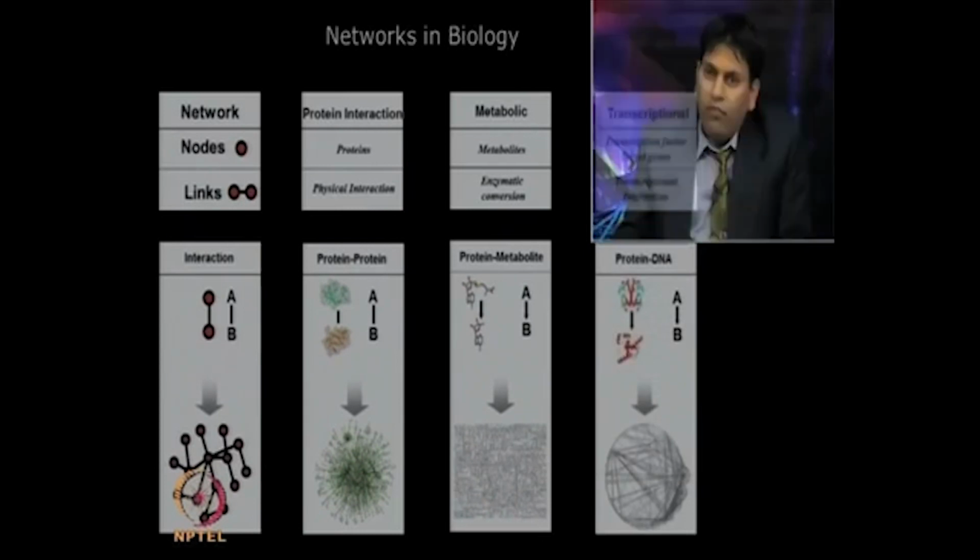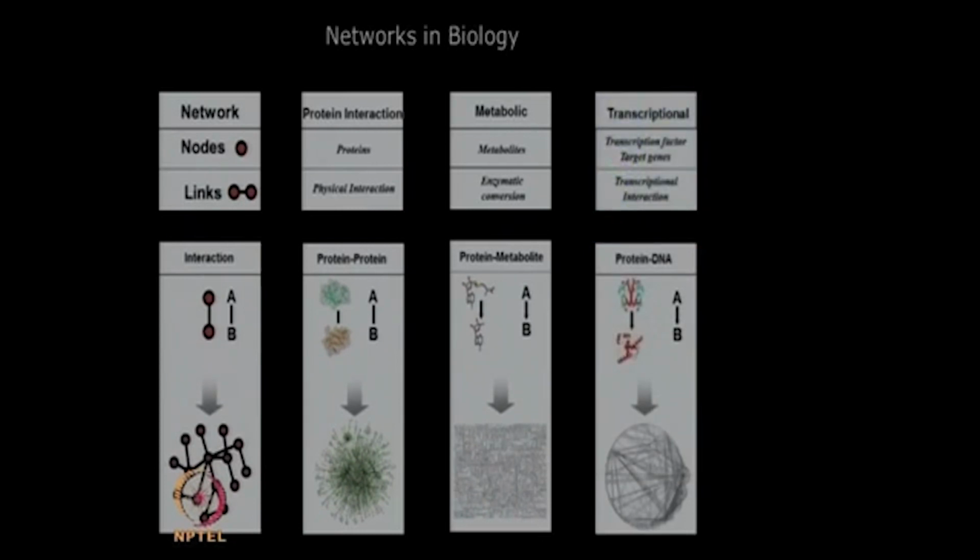Now, the third kind of networks, which I will be elaborating in more detail in the next slides, are transcriptional networks. In transcriptional networks, transcription factors form one set of nodes, and the target genes form the other set of nodes. So, as you can imagine, what you are looking at in this case from a biological viewpoint is the interaction of the transcription factor with the DNA and controlling of the expression of the downstream genes. But in the context of networks, what we are showing is the transcription factor and the target gene or operon